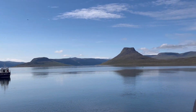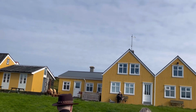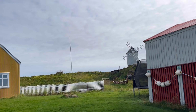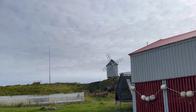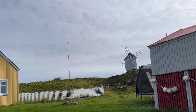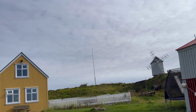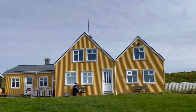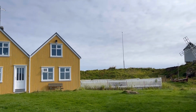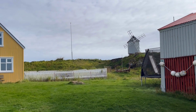I could go on and on about the boat, but on the hill behind you here is our windmill. This is Iceland's only historic windmill. This windmill was used to mill grain that was imported from Denmark. There was no grain grown here, but this was a center of a big community of farmers and fishermen. They would bring their grain here to have it milled. There were no roads at the time, so all transport was by boat, and so it was actually very